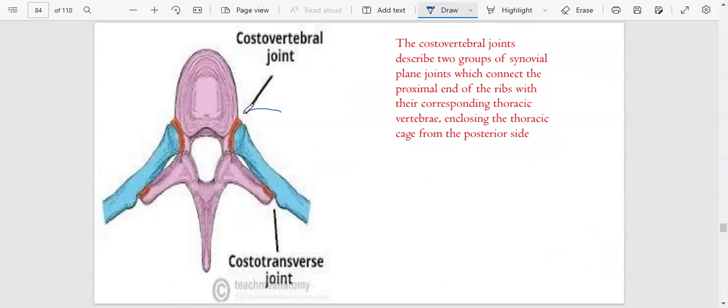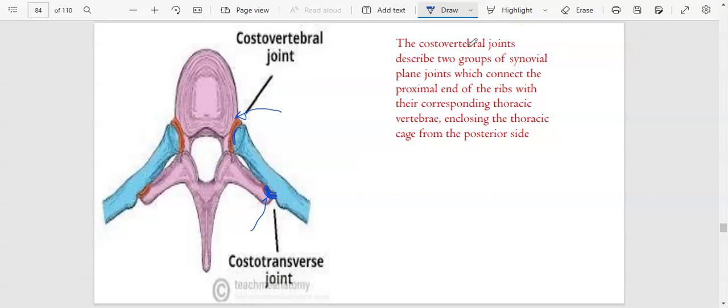So we have the superior costal facet, and then this is the transverse facet, which attaches with this portion of the rib which protrudes outside, and then the head of the rib. So there are two joints which are going to be formed, and each of them is a costovertebral joint. So the joint between the rib and the vertebral bone is the